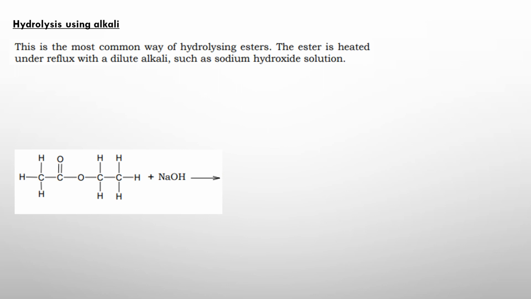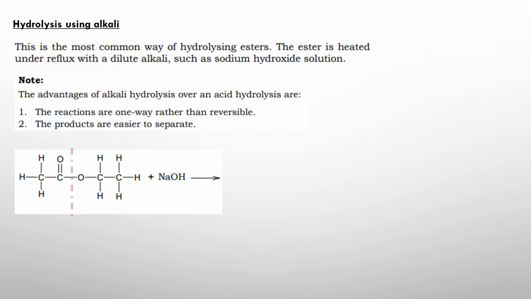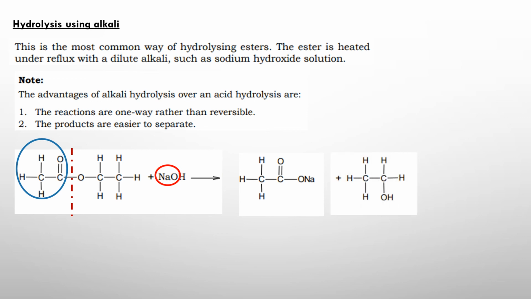And then the next type of hydrolysis is using an alkali. This is where sodium hydroxide is reacted with the ester. So when sodium hydroxide is reacted with the ester, this is what happens. The bond that is formed between the acid and the alcohol group is broken again, and the acid part of the molecule is going to get the sodium group. Okay, so this is the group that is going to come and attach itself, the NaO group, plus ethanol as a byproduct.